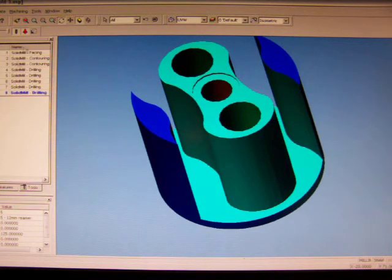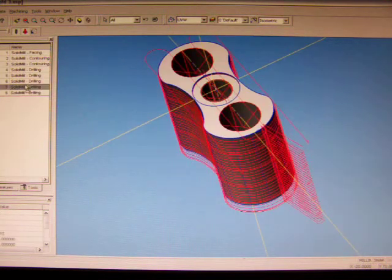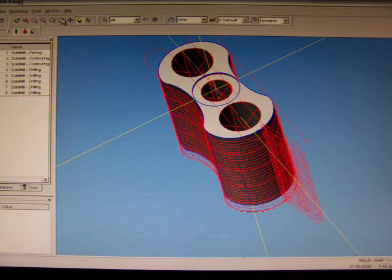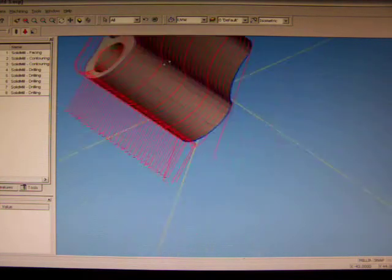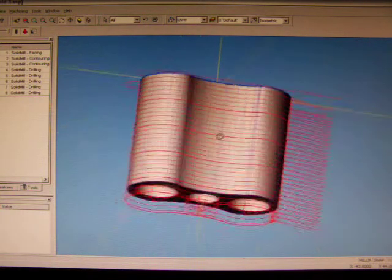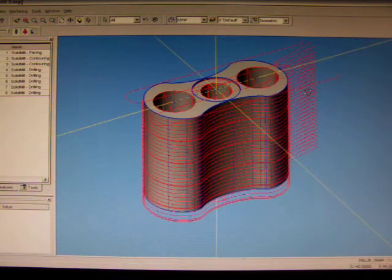What's really great about it all is if I select all our parts, it tells us what our cycle time is going to be. Now this is wrong. What this is telling me is our actual machine time. It's trying to tell me that it's 2 minutes and 4 seconds. That's not going to be right. There'll be some parameter in there that's not set up correctly, but with the correctly set up software it would tell you exactly how long it's going to take to machine. I know from experience it's going to take about 5 to 6 minutes to machine. So 5 to 6 minutes, and 10 minutes if I wasn't doing the video, to do a program, and you